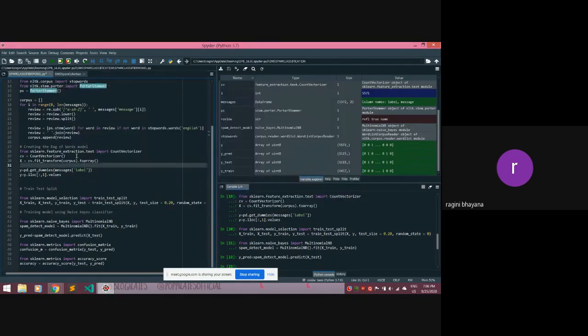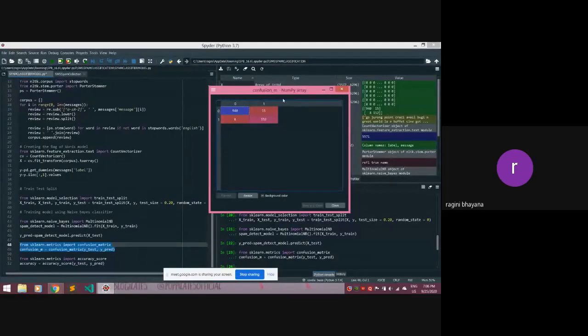Okay. So we have made the model and we have made our predictions. To check our model, we are making a confusion matrix. For that, we're importing confusion matrix, which will tell you the real values and the predicted values. Over here, we can see for 0, for ham, 940 predictions were correct, and 152 for spam were correct, and only 23 predictions were wrong.